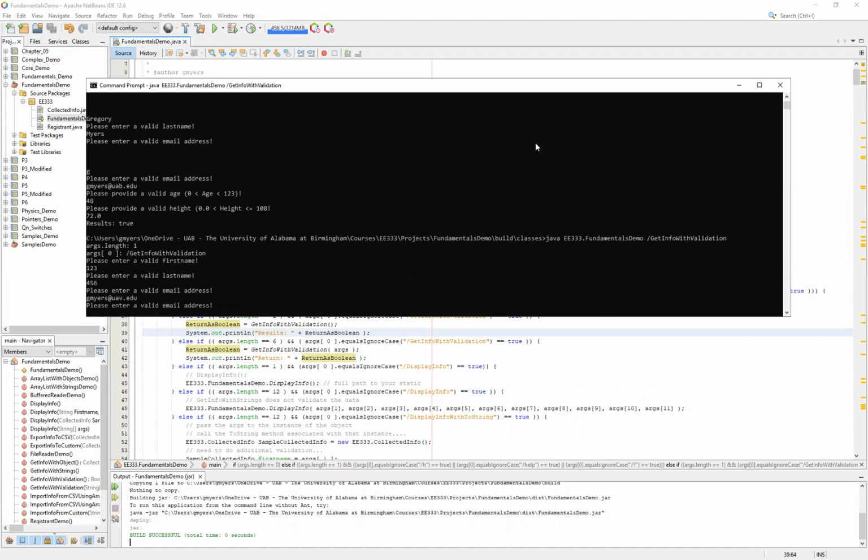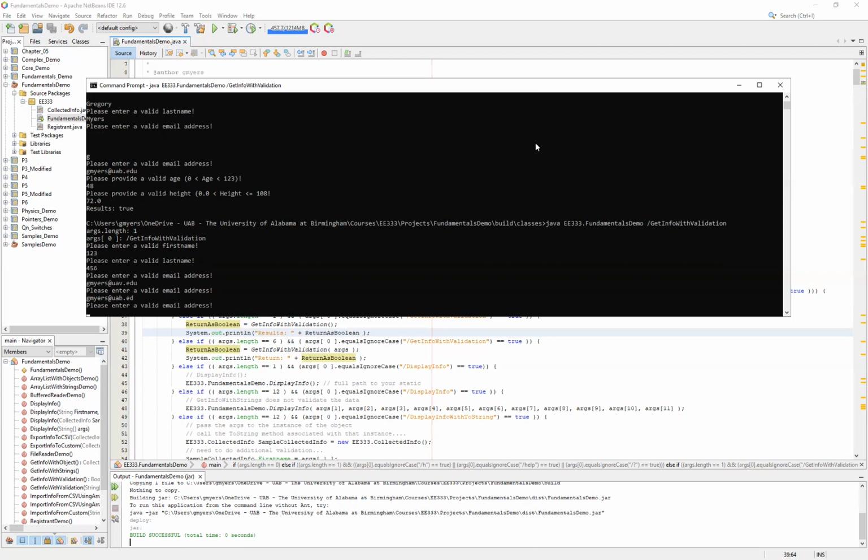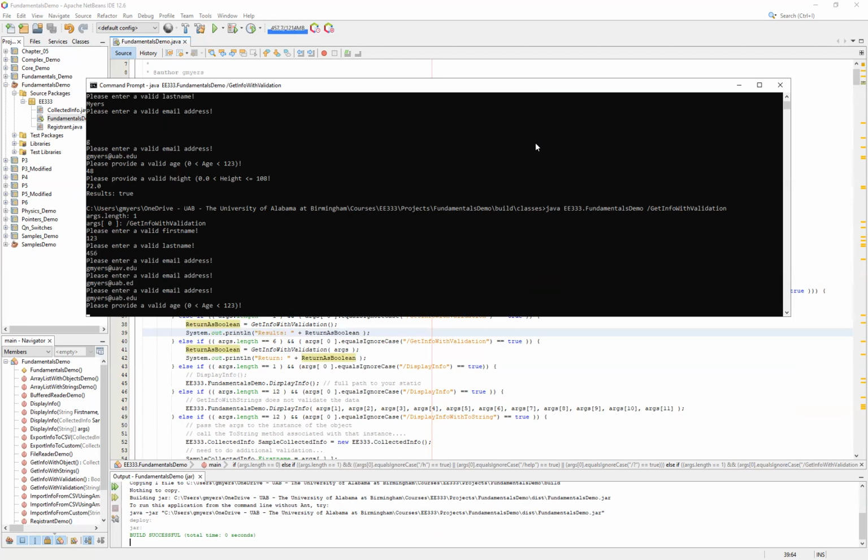And sure enough, because it fails at the contains portion of our checking, in other words, it does not contain @uab.edu, it simply prompts us again, and it will continue to prompt us until we put in a valid email address. In this case, I'm going to intentionally mistype it again. Sure enough, it does trigger another prompt. And then finally, when I type it in the correct way the third time, then it's please enter a valid